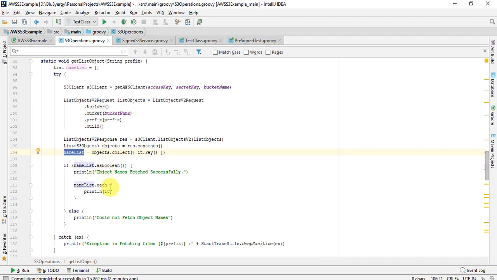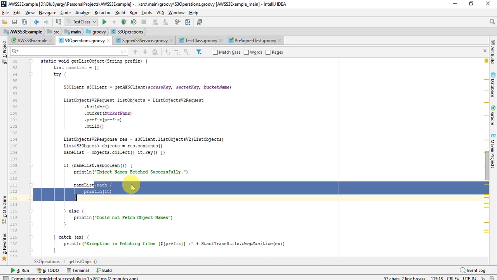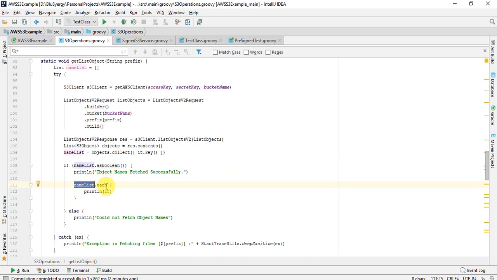And even here I'm printing. This is Groovy syntax, equivalent to for each in Java. Here I'm printing all the file names which I've got from here. Okay,